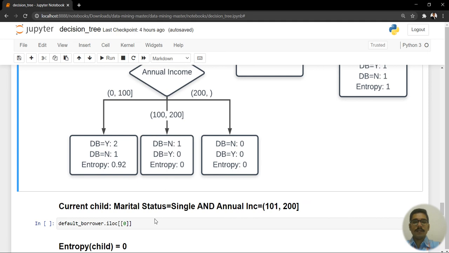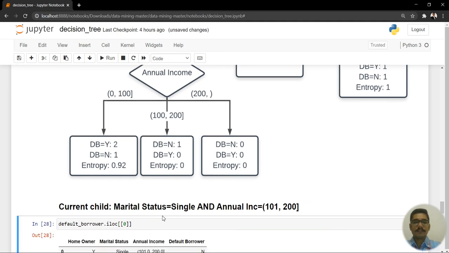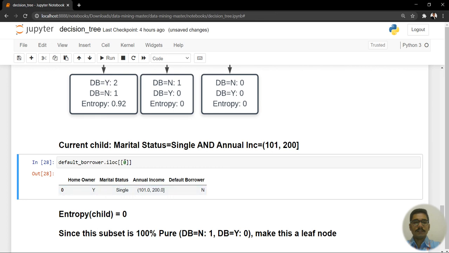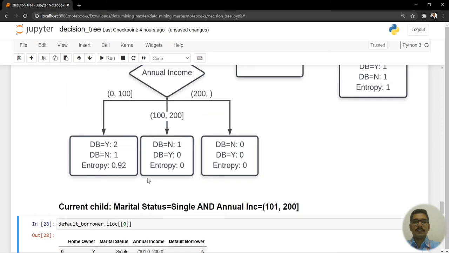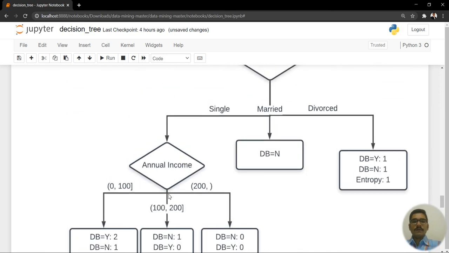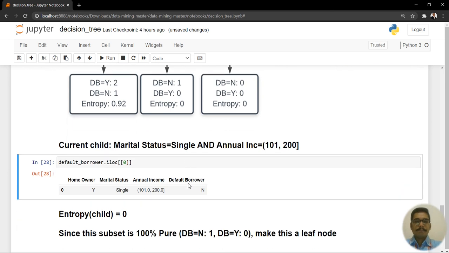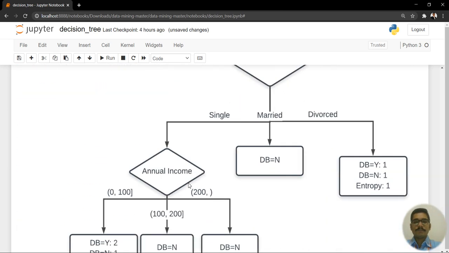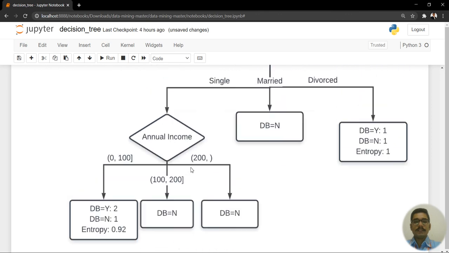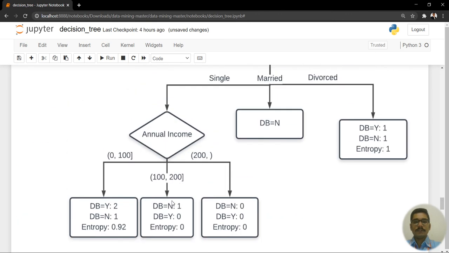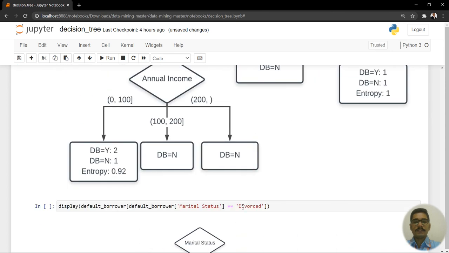In this you have only one instance that is classified as no, that is the first instance itself, that is single. Okay, so good to go. So we make that a leaf node. This one and this one both as leaf nodes,